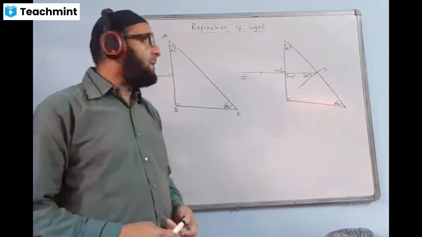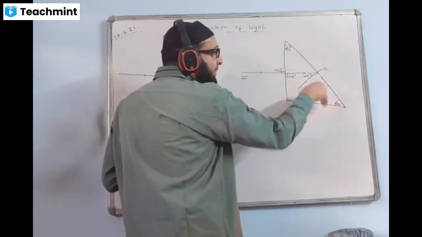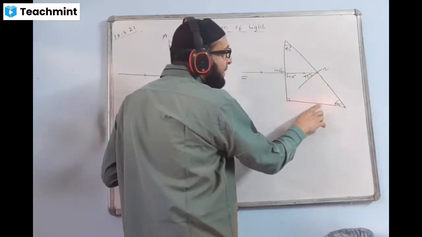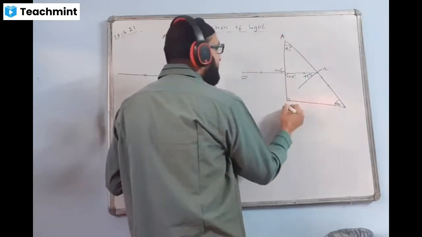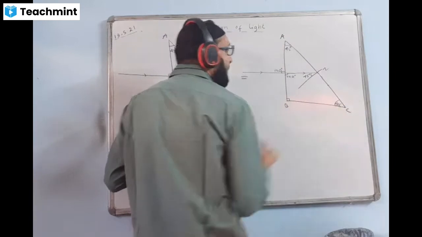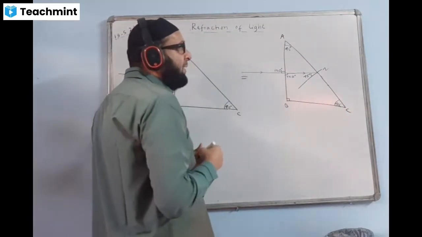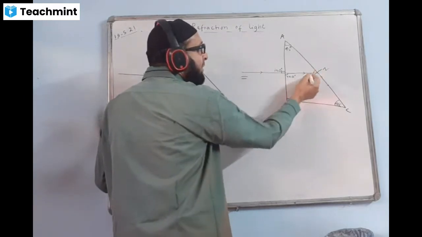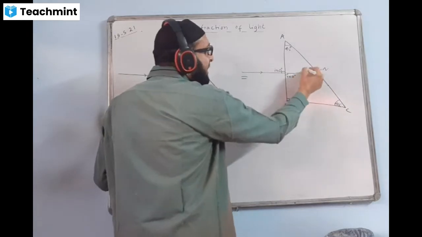Okay, now please learn it properly. Okay, this ray is turning within the prism. Now this ray, while turning out here, how much angle does it make with this side? We'll check it. How much angle does it make with this side? We'll check. So for checking that, what we do, this angle will subtract from 90. Okay, this whole angle is 90. This is 45. 90 minus 45. So this angle will come 45.